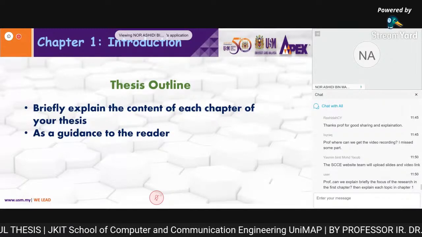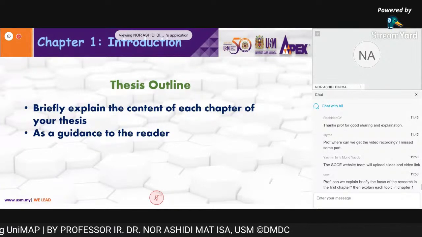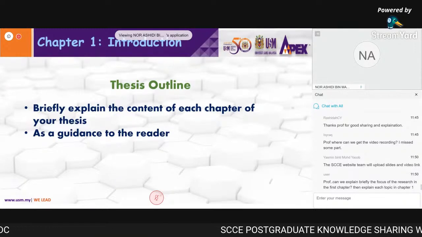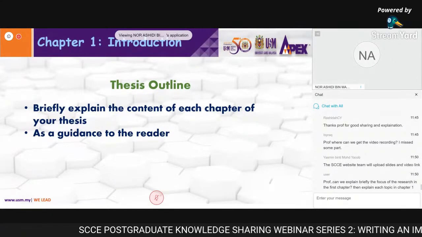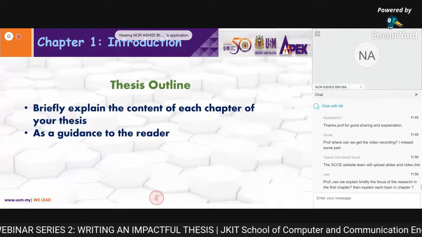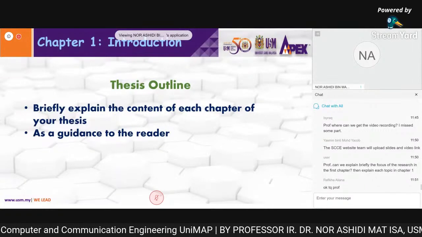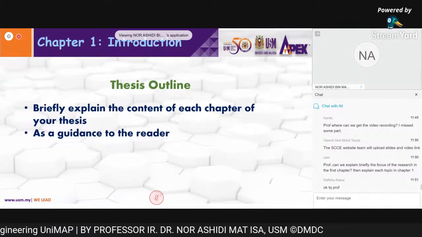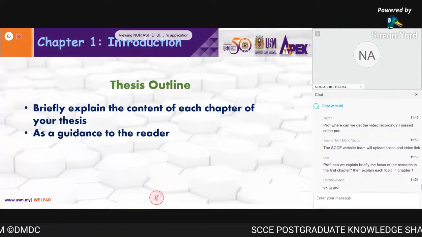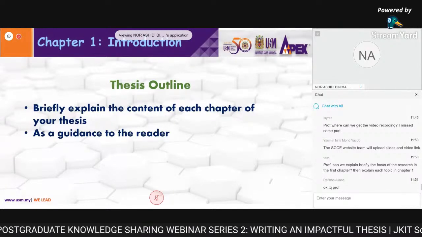But for me, I leave it for the last final chapter, because I don't want my student's thesis to be anti-climax. If you already give the climax of your research, which is the contribution, that's anti-climax for me. I want the reader or the examiner to be eager to know what the end product is, so they have to read from chapter 1 to chapter 5. In chapter 5, then I give, this is my contribution.